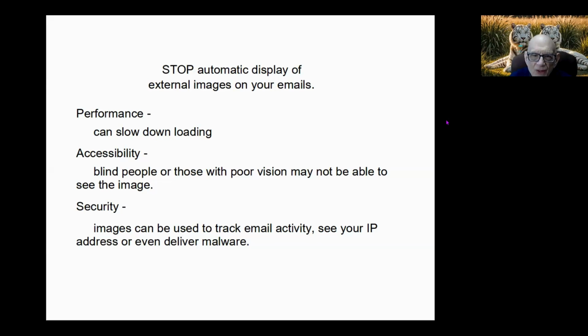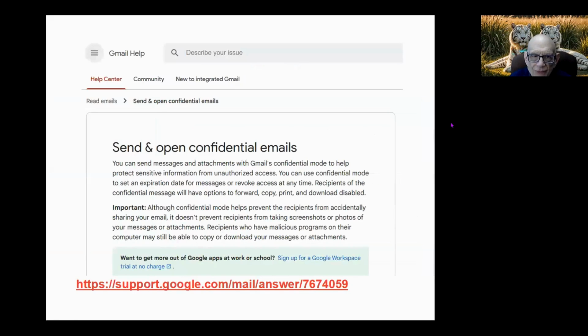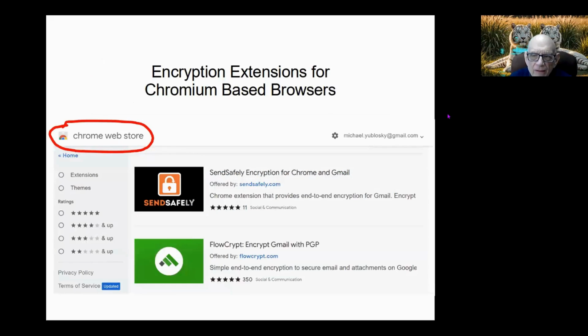So avoid doing that. Again, it's under settings, under images generally, regardless of what browser you're using. Gmail has some information about how you can send and open confidential emails if you want to use their service. If you have a Gmail account, there are extensions for Chromium-based browsers in the Chrome Web Store.